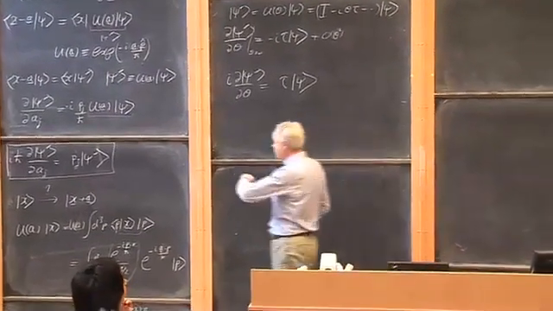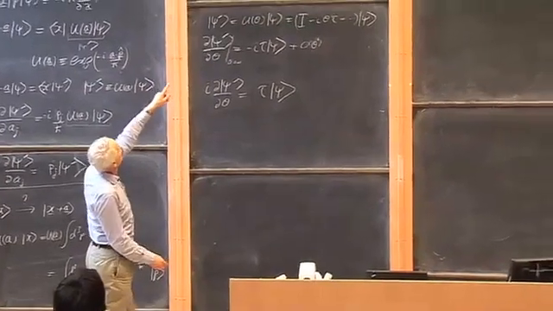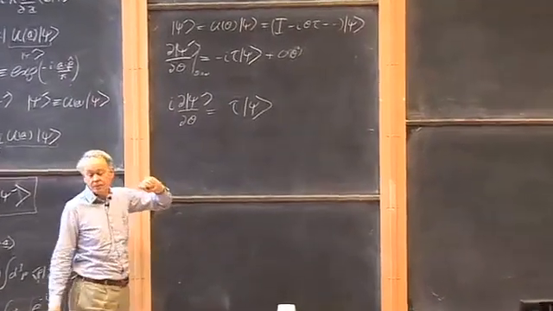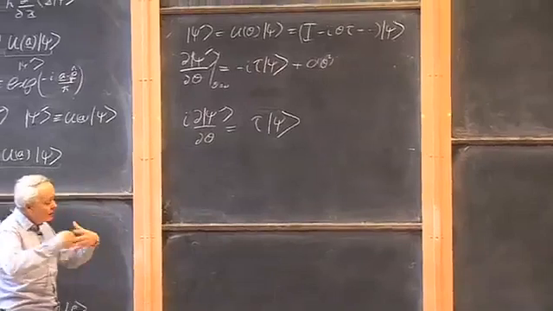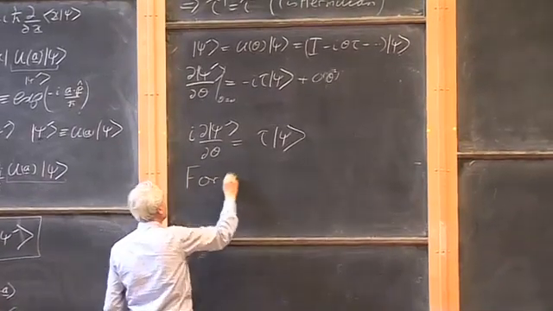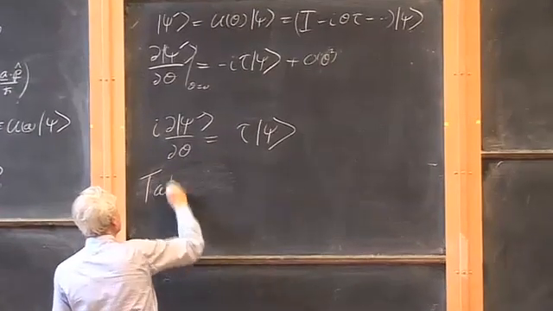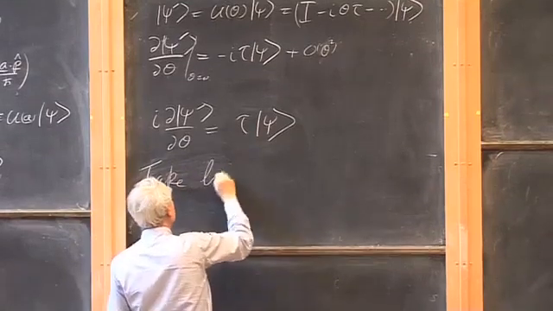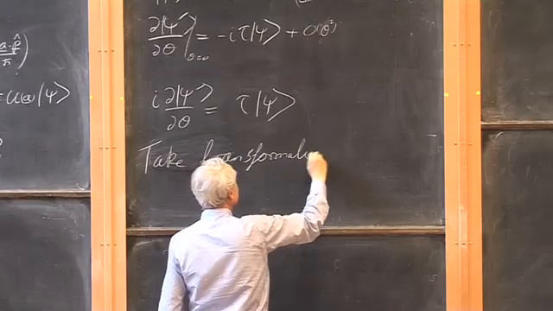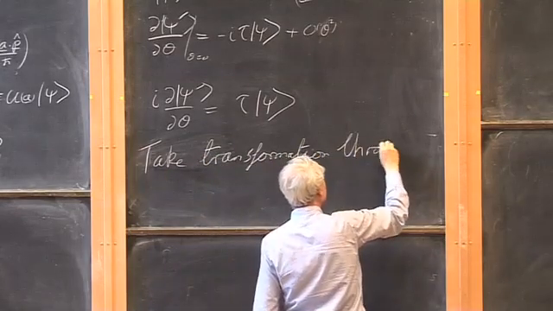And if we want to do so, we've defined tau. Tau came in here through a formula for u of theta when theta is small. We would like to know how to do u of theta even when theta is large. So for large theta, well, what we should say is take a transformation through large theta